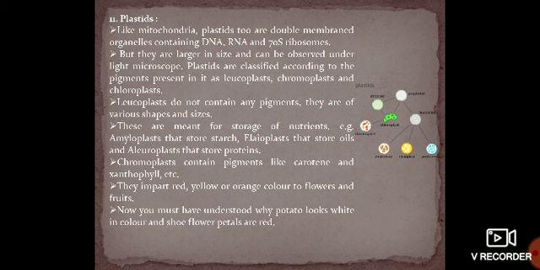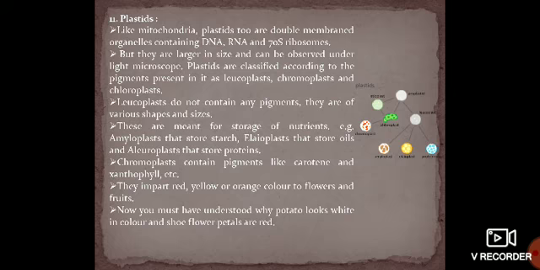But they are larger in size and can be observed under a light microscope. Plastids are classified according to the pigment present in them. So they are divided into three. First is leukoplast, second is chloroplast, and the third one is